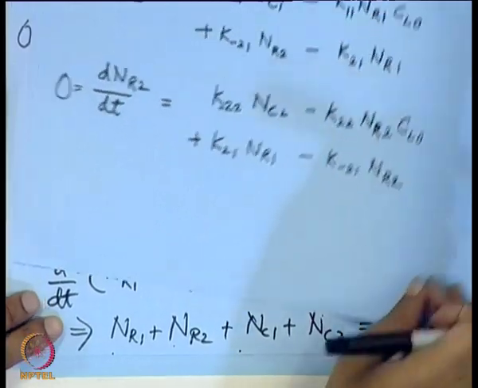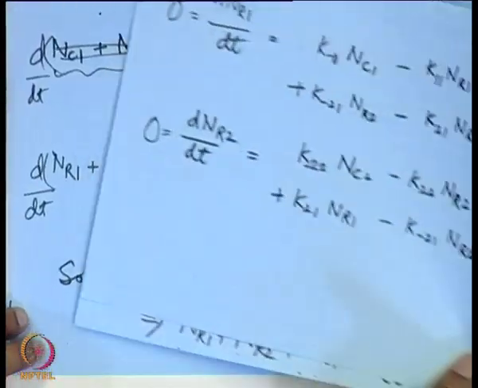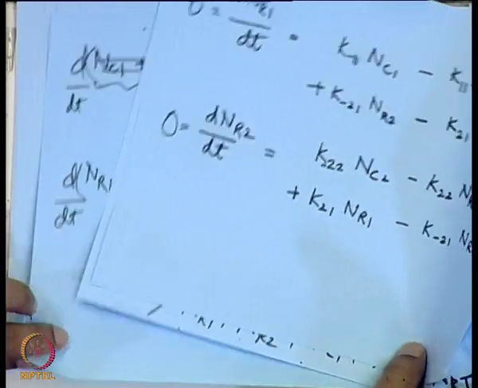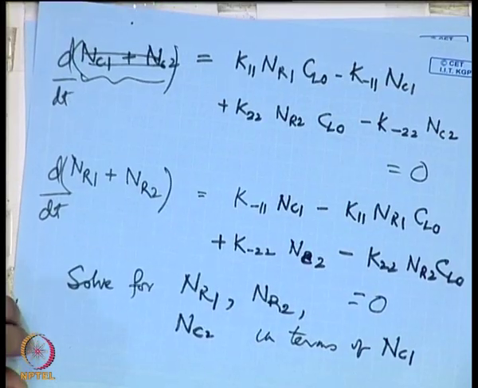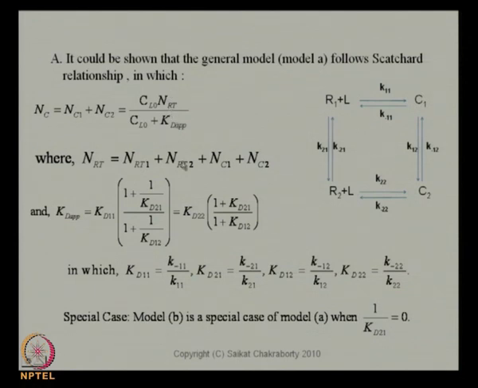Okay. So, we go through these calculations, and I am skipping the details because we do not really have a lot of time. Once we go through these calculations, if you look at the screen, you find this constraint equation that I wrote. You have to keep substituting everything. You decide that you want to substitute everything in terms of say NC1. So, you convert NRT1 and write it in terms of NC1 and substitute here, convert NRT2 and write it in terms of NC2 and substitute here, and NC1, sorry, and substitute here, and write NC2 also in terms of NC1